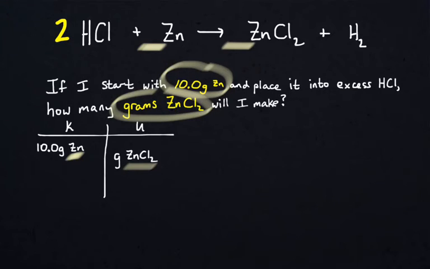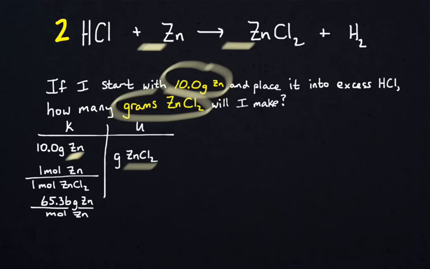There's no number in front of the zinc or the zinc chloride, so we just assume it's 1. All right, hey, it's a 1-to-1 molar ratio. That's an easy one. So there's 1 mole of Zn for every 1 mole of ZnCl2. The last two numbers that we need are 2 molar masses, and that comes from, well, zinc and zinc chloride. So the molar mass of zinc is, according to the periodic table, 65.36 grams zinc per mole